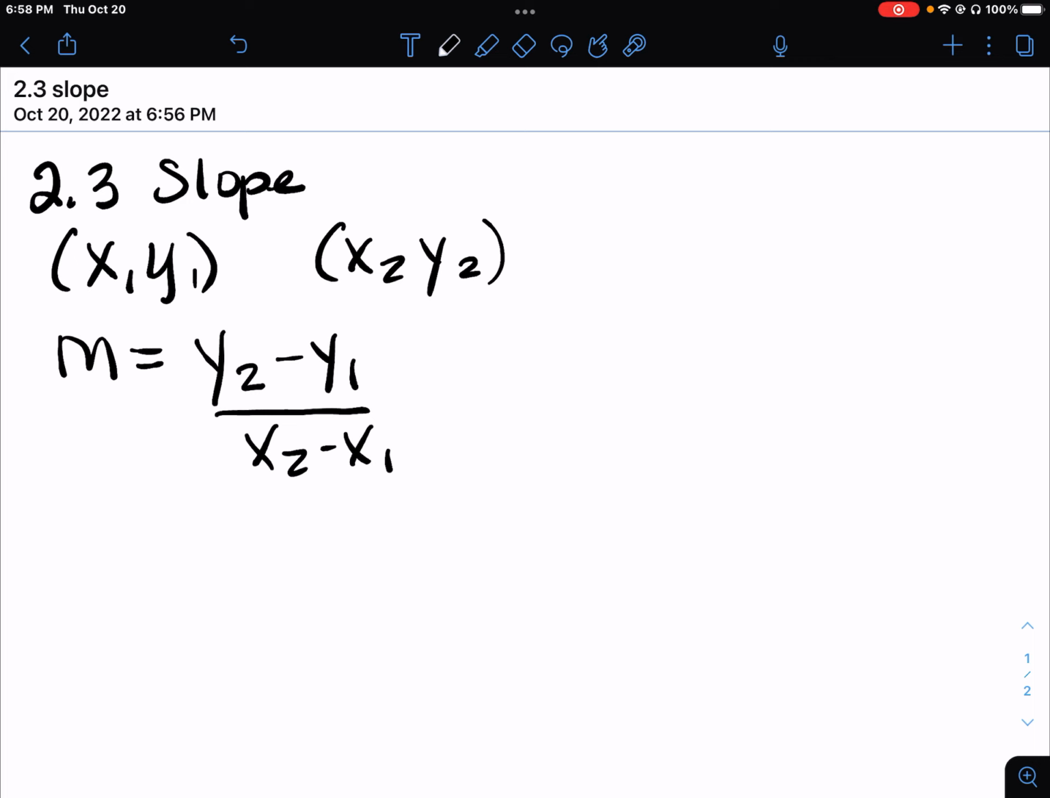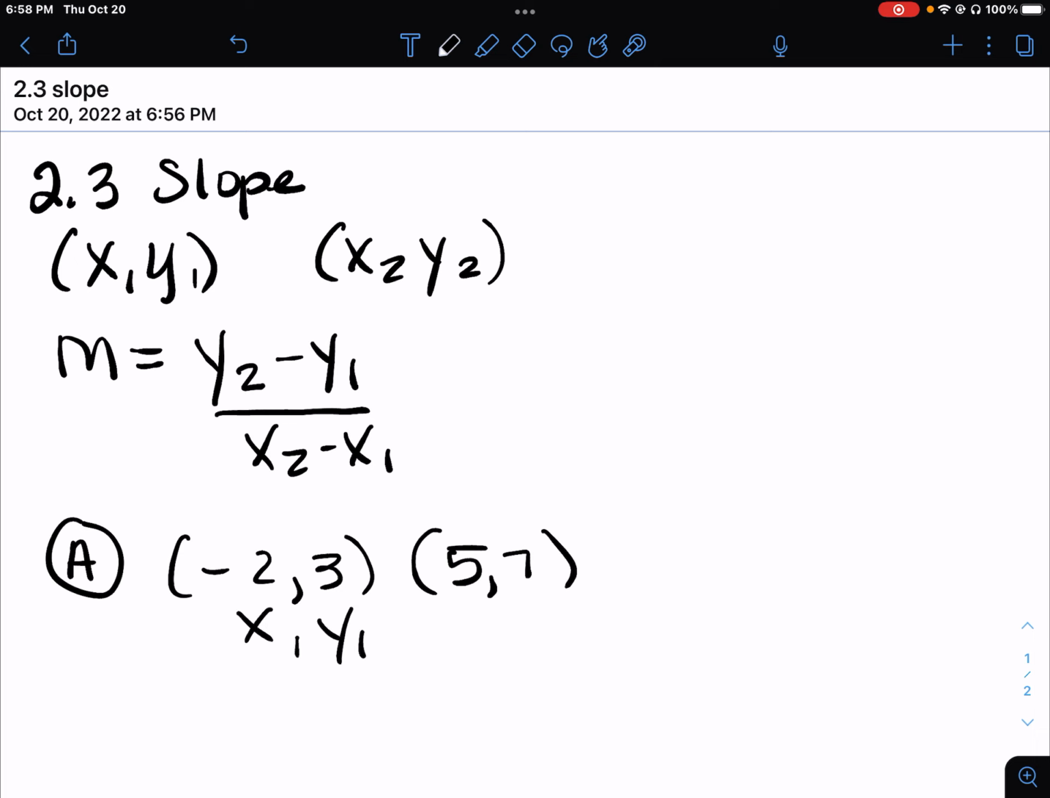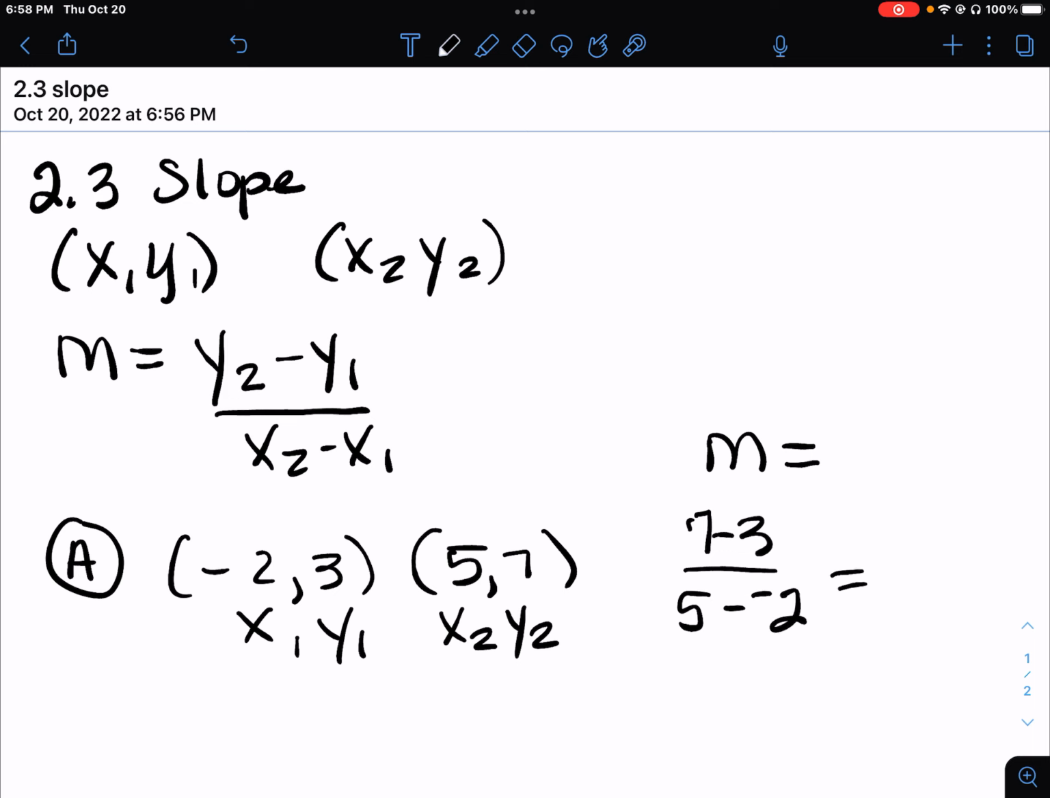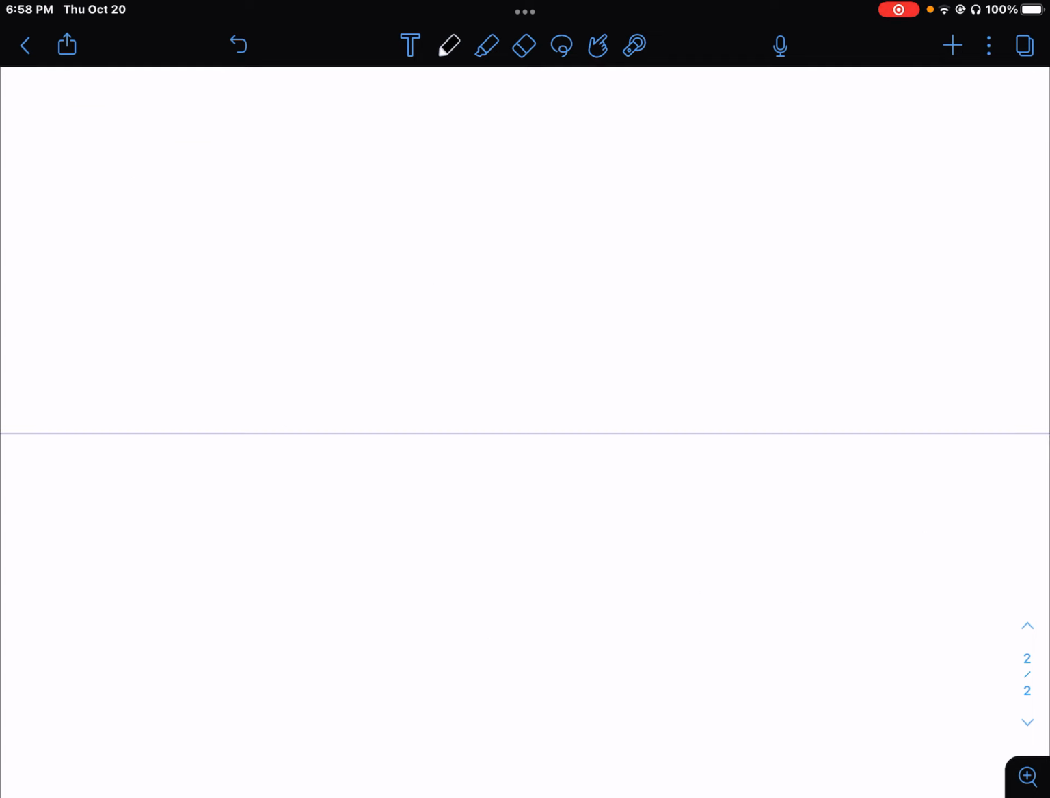Okay, so for part 1, to find the slope between -2, 3 and 5, 7, that's x1, y1, that's x2, y2. So the slope, the letter M, would be 7 minus 3 over 5 subtract -2. 5 subtract -2 turns to 5 plus 2, so that's 4 over 7. And what that looks like as a graph,